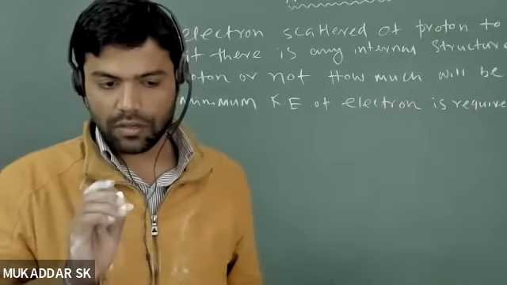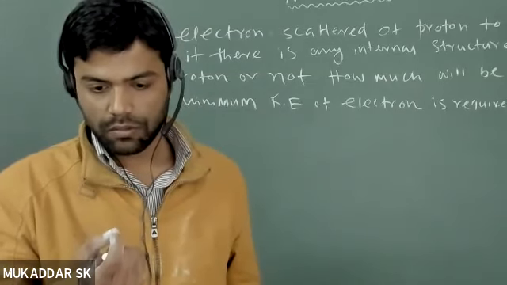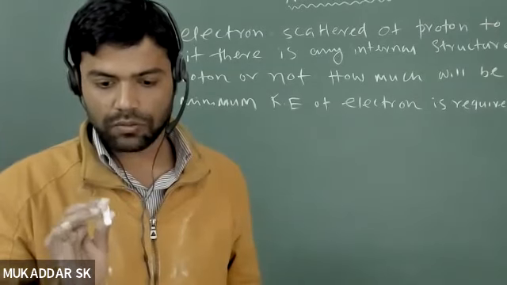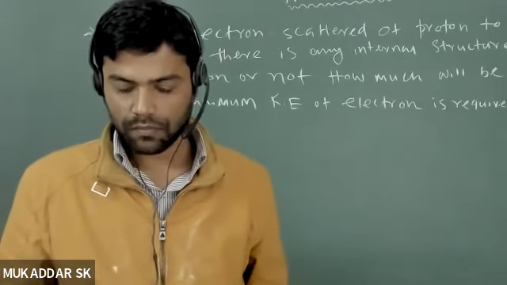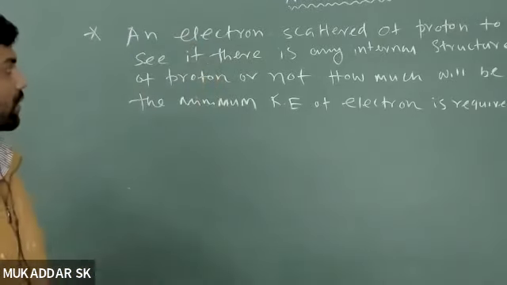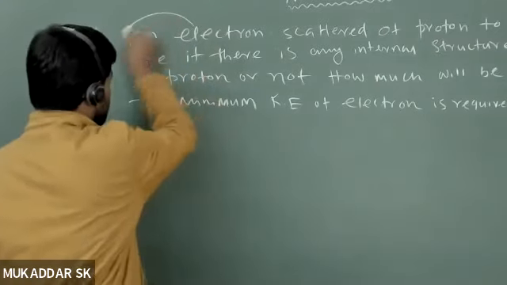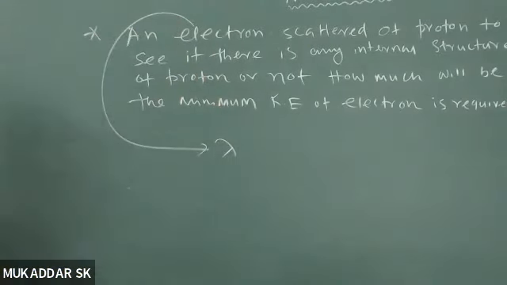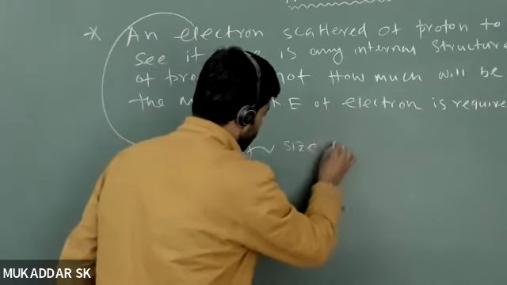तो कोई भी चीज आपको हमेशा यह ध्यान में रखना, रिसर्च में भी काम में आएंगे, किसी चीज को आपको देखने के लिए या इन्वेस्टिगेट करने के लिए कोई प्रोब यूज कर रहे हो, तो जिस चीज को आप देखना चाह रहे हो, सपोज मान लो आप एटम को देखना चाह रहे हो, तो जो प्रोब यूज कर रहे हो उसका जो साइज होगा दैट शुड बी स्मॉलर और इक्वल टू द साइज ऑफ एटम, ठीक है ना। अब जैसे आप प्रोटॉन को देखना चाह रहे हो इलेक्ट्रॉन के थ्रू, तो यहाँ पे जो इलेक्ट्रॉन का वेवलेंथ होगा दैट शुड बी एटलीस्ट जो प्रोटॉन का साइज होगा उसके बराबर होना चाहिए। मैं ये कहना चाह रहा हूँ जैसे आपने इलेक्ट्रॉन को यूज किए हो, तो इलेक्ट्रॉन का एक वेवलेंथ होगा, और ये जो वेवलेंथ होगा अगर प्रोटॉन को देखना चाह रहे हो तो दैट शुड बी मैचेस विद द साइज ऑफ प्रोटॉन।